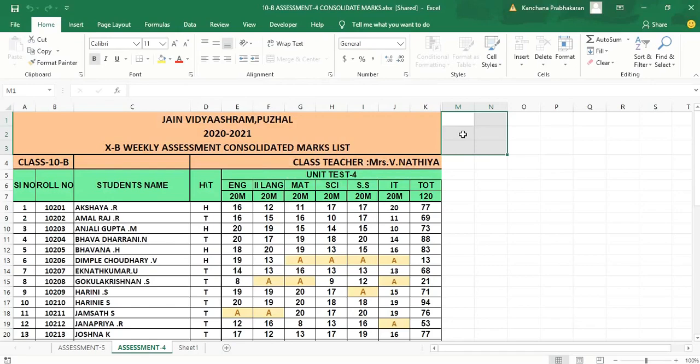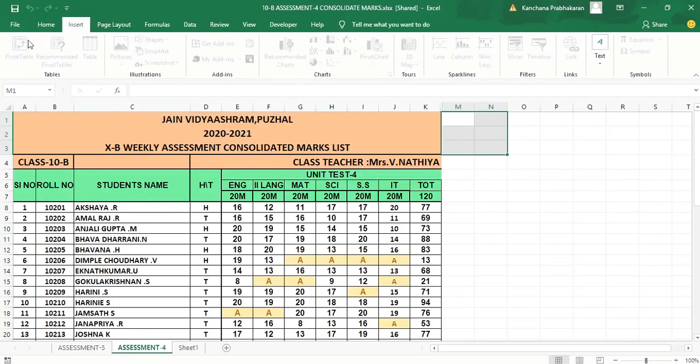The other option is conditional formatting. I can't do conditional formatting. See here, my conditional formatting option is disabled, since I have shared this workbook. I also can't insert pictures. So all these options are disabled. When I share my workbook, most of the features will be disabled for the other users: merging cells, conditional formatting, or inserting pictures and graphs. These cannot be allowed in a shared workbook.